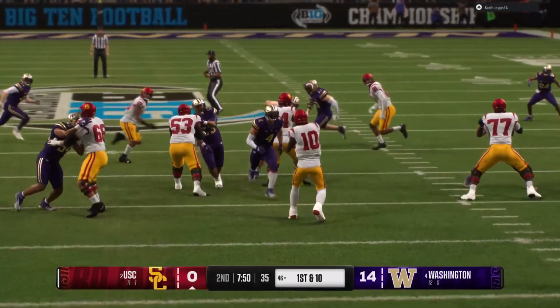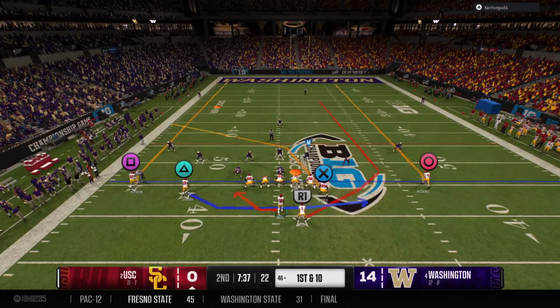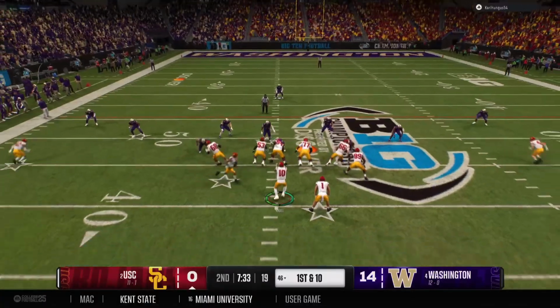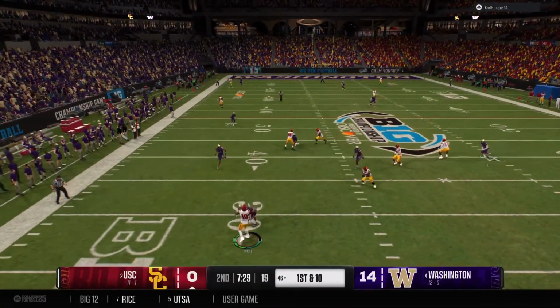Well, that's exactly when you want to go to your little slot receiver, right? He gets a one-on-one matchup on fourth down, has all that room to work with in the middle of the field. Get him the football on fourth down, come up with a conversion, and keep those sticks moving.